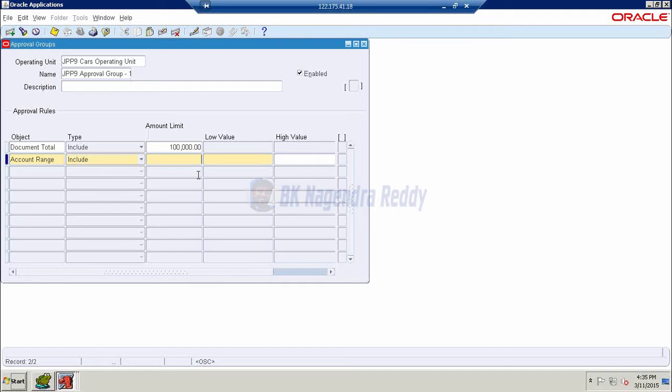But we cannot give the account range as only 50,000. Suppose if you give 50,000, what happens? We can create the requisition, but we cannot approve the requisition. So for that purpose, we are going to give 1 lakh. Okay, and also